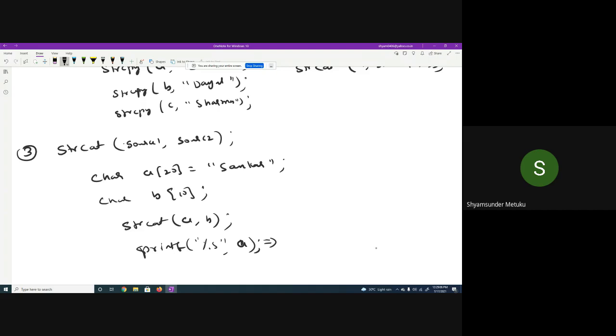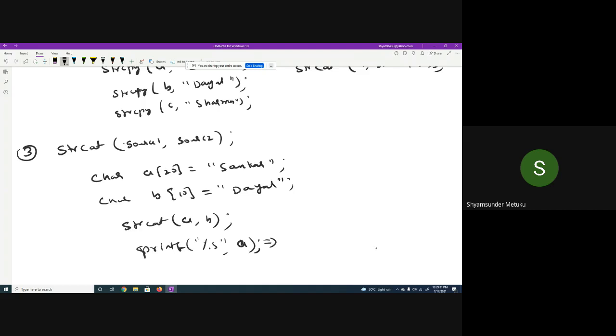I should write here also. There's something wrong here, I should define it. Then only the concatenation is going to happen. Shankar Dayal. Can you tell me what the output here is? Make sure that the sizes are also equally important. Intentionally, I made b less in size and a more in size. What is the reason here?